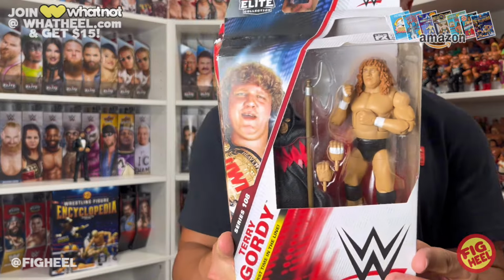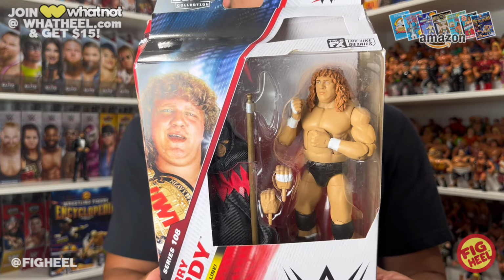It says, first time in a line from Bad Street, USA, 6 feet 4 inches, 289 pounds. Finisher is the